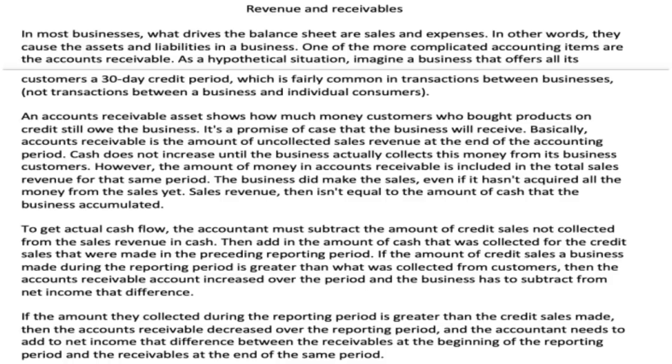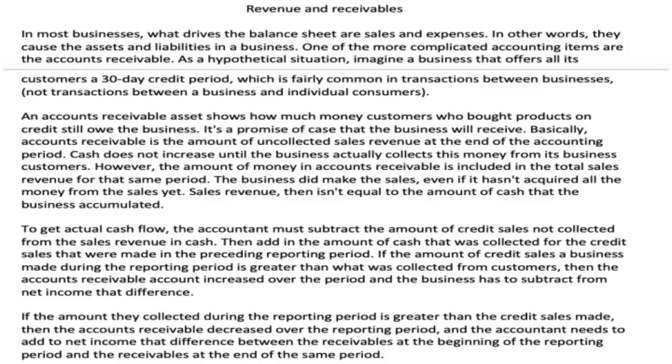However, the amount of money in accounts receivable is included in the total sales revenue for that same period. The business did make the sales, even if it hasn't acquired all the money from the sales yet. Sales revenue, then, isn't equal to the amount of cash that the business accumulated. To get actual cash flow, the accountant must subtract the amount of credit sales not collected from the sales revenue in cash. Then add in the amount of cash that was collected for the credit sales that were made in